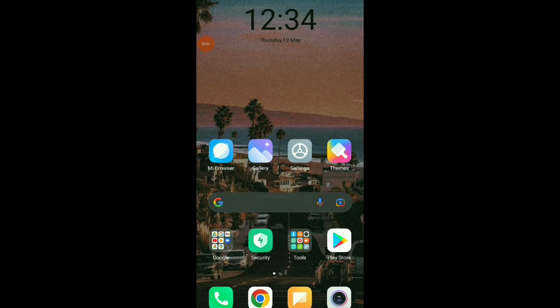How to change videos quality on your Likee app. Hi guys, in this video I will show you how to change your videos quality on your Likee app easy